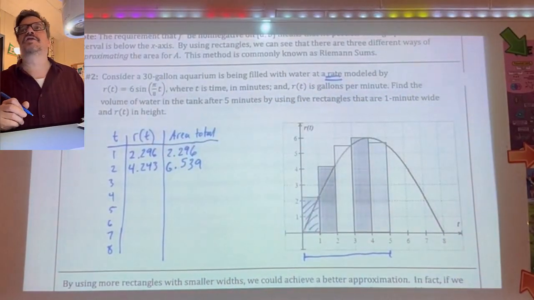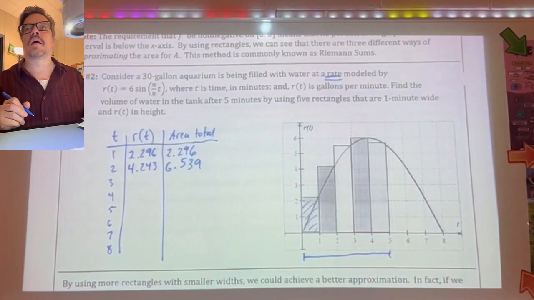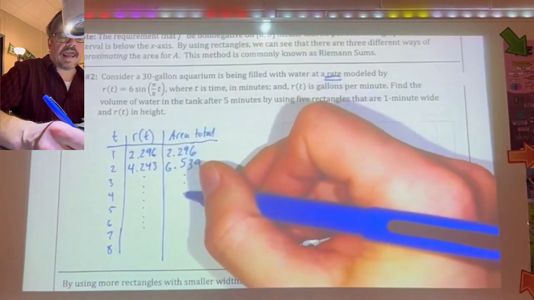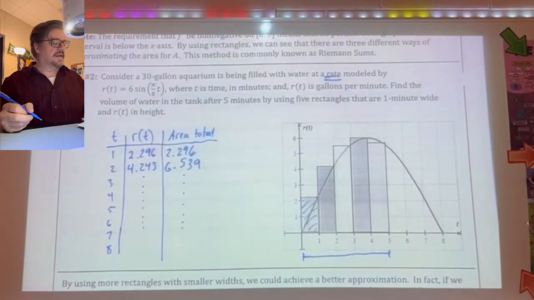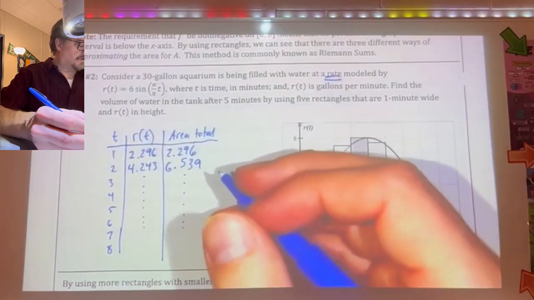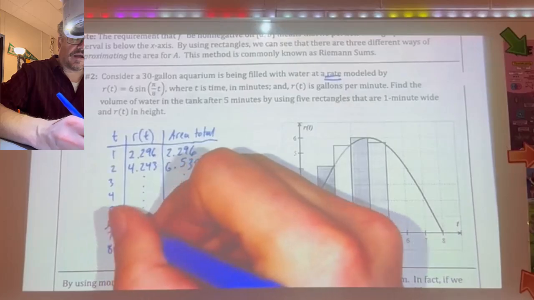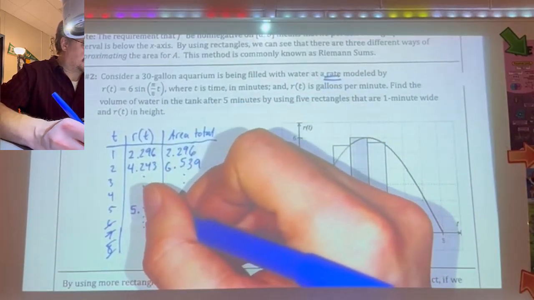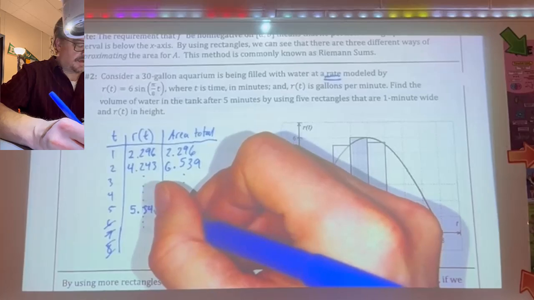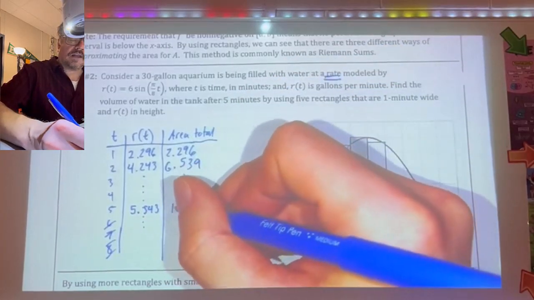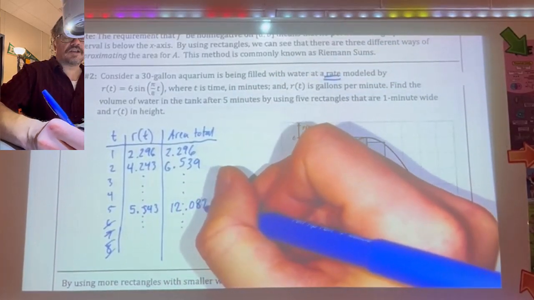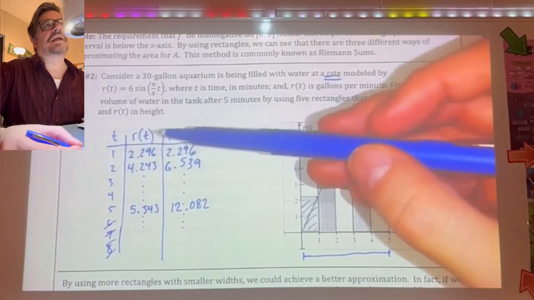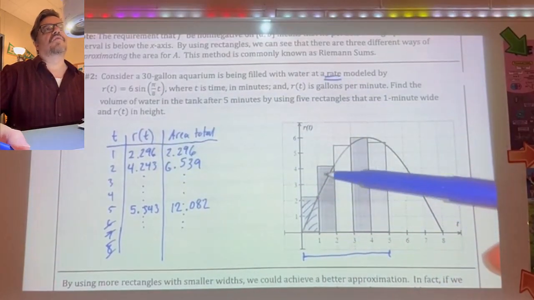Okay. Is it okay if we just do a couple more? Yeah. Okay, you get the idea, right? In fact, let's go all the way down to 8. This process is just going to continue. Oh, no, I'm sorry. We go to 5, don't we? Let's just go to 5. At 5, it goes 5.543, but then that total reached 12.082. So the idea with integration is that not only are we going to calculate the area of the rectangles,